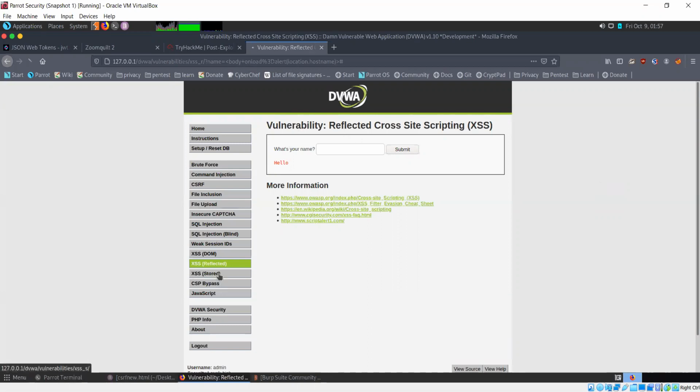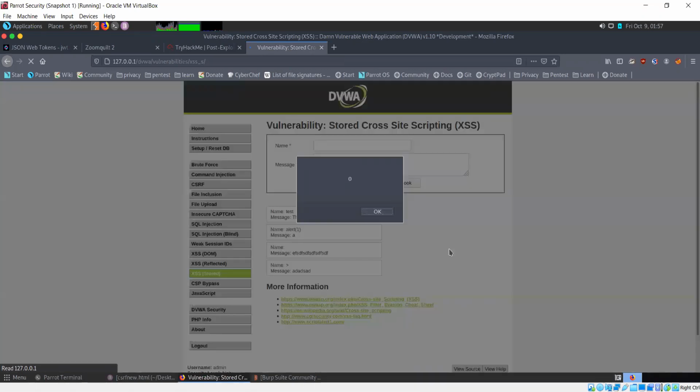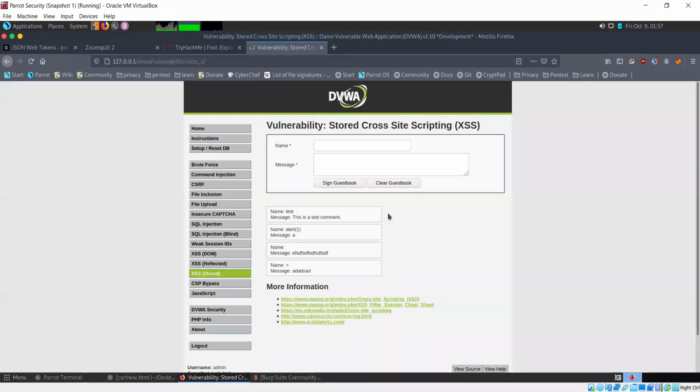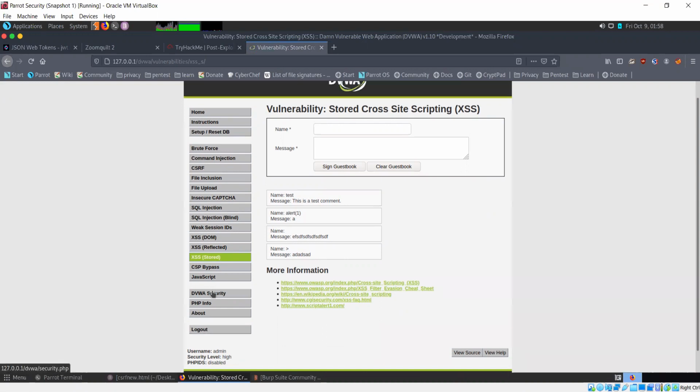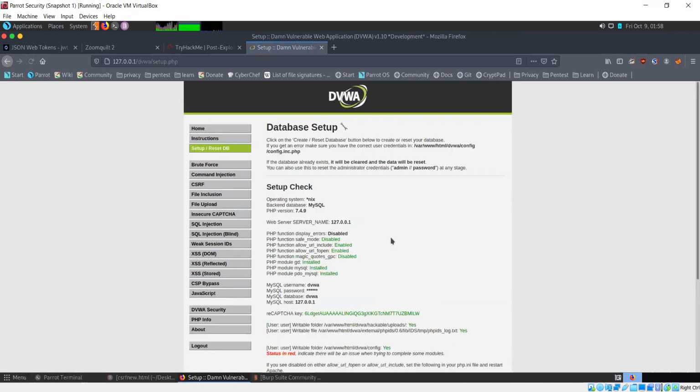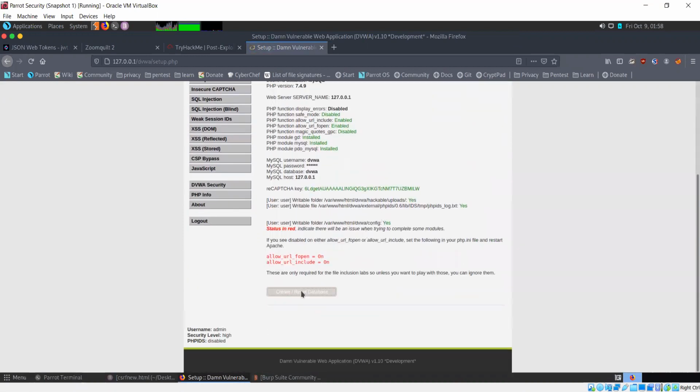Now let's talk about stored. Both reflected cross-site scripting as well as stored cross-site scripting are quite serious. So this is what we're getting from when I last did it. I will just go into this and reset the database.